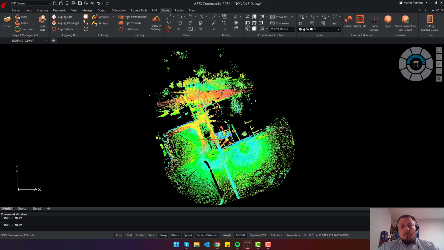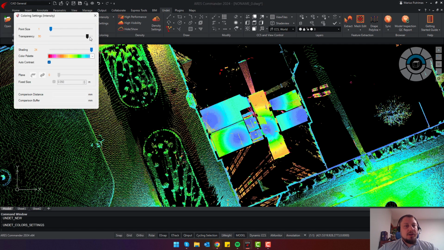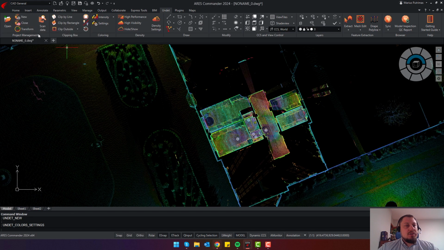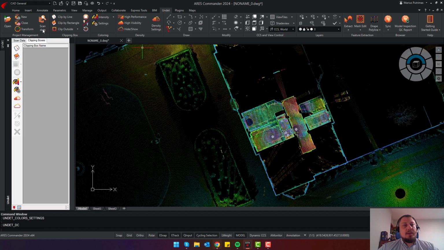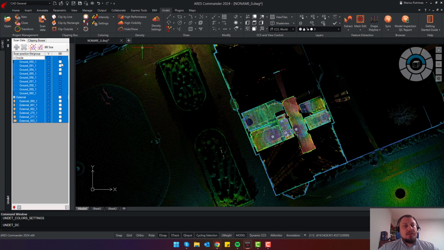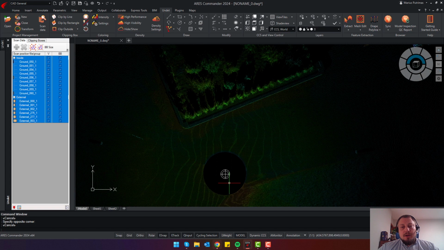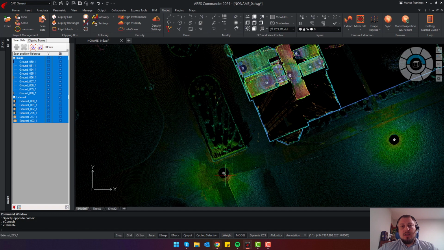You can go to the top view. Maybe I will set the transparency mode to see better. Open the Scan Data Manager, select the Scan Data field, select all the scan stations, and activate scan station markers. Okay, so now I will see the markers which show me the scanner location when you scan this